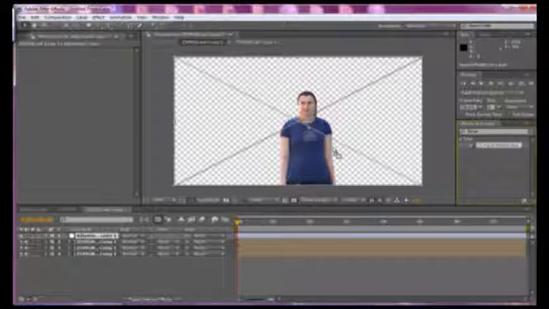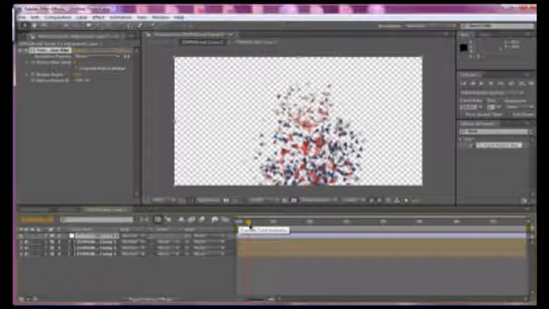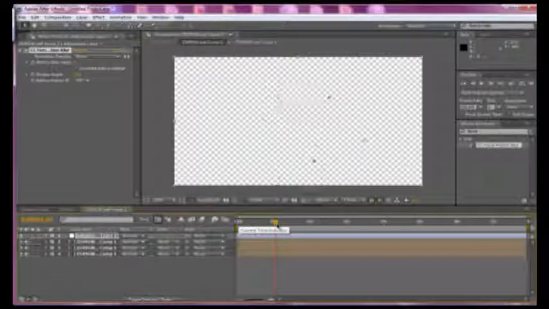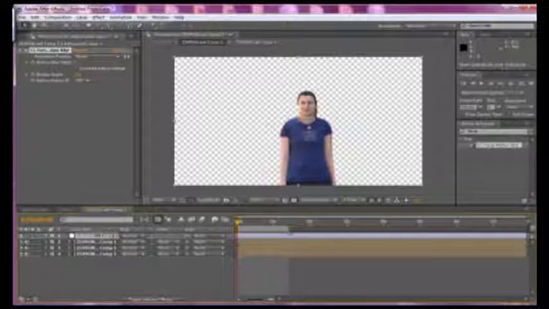Just drag that on, and you can see that there's a blur as the pieces fall down. Now if we just play this in real time,